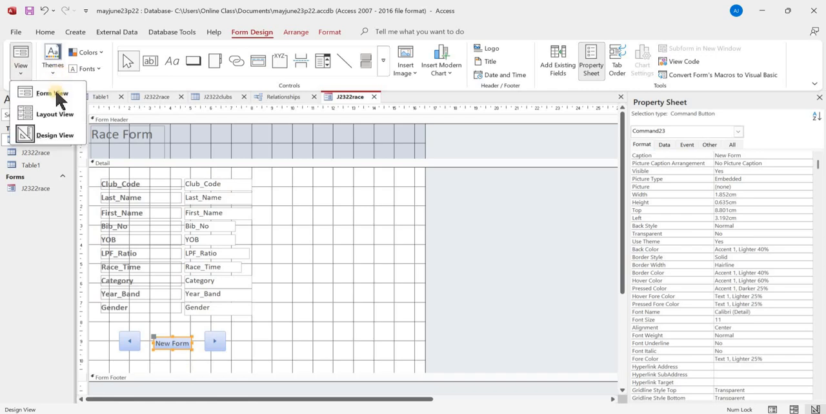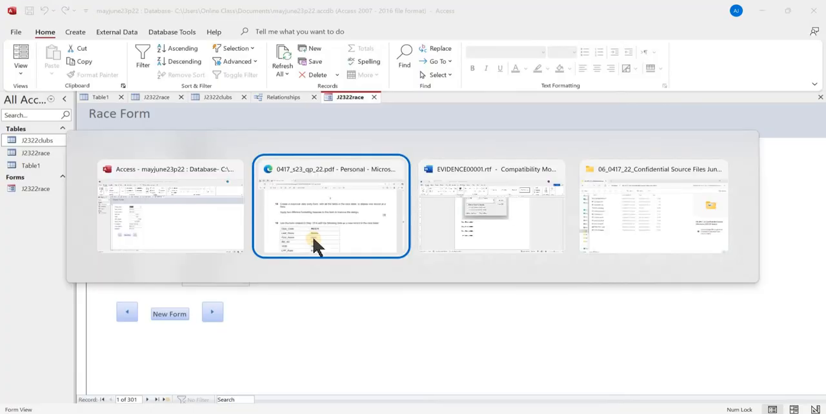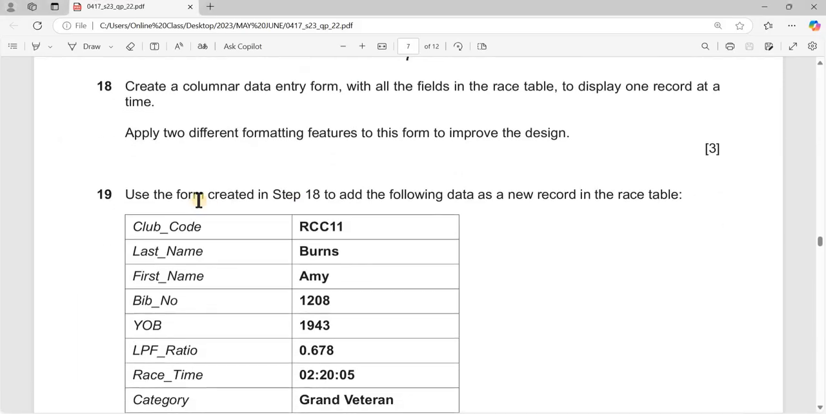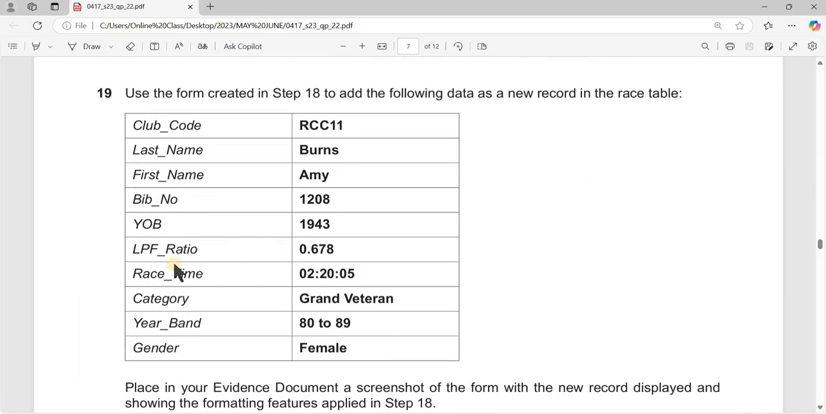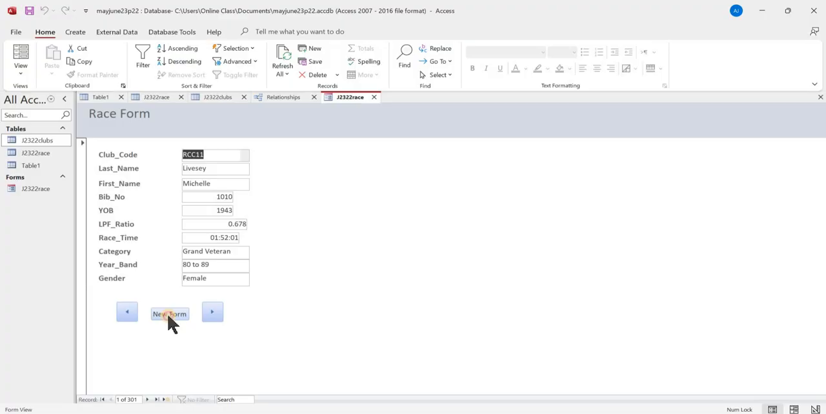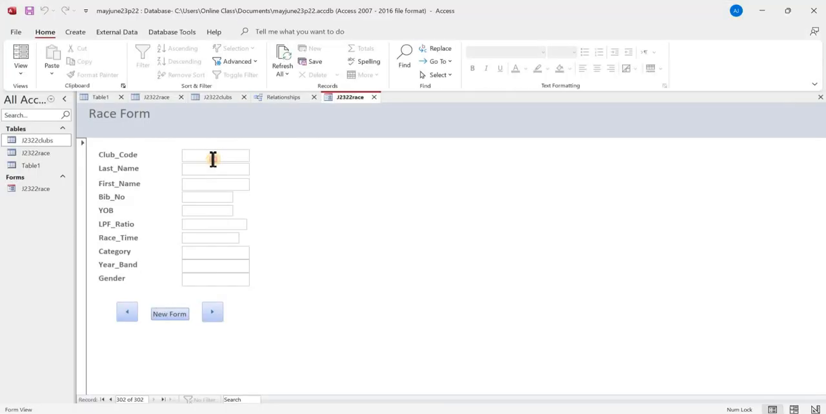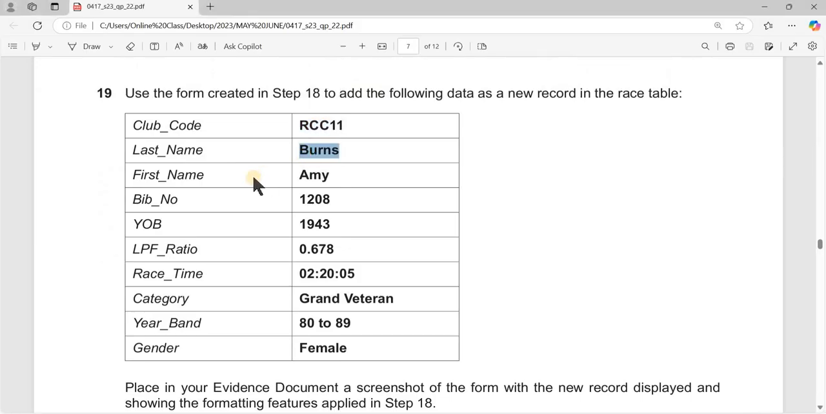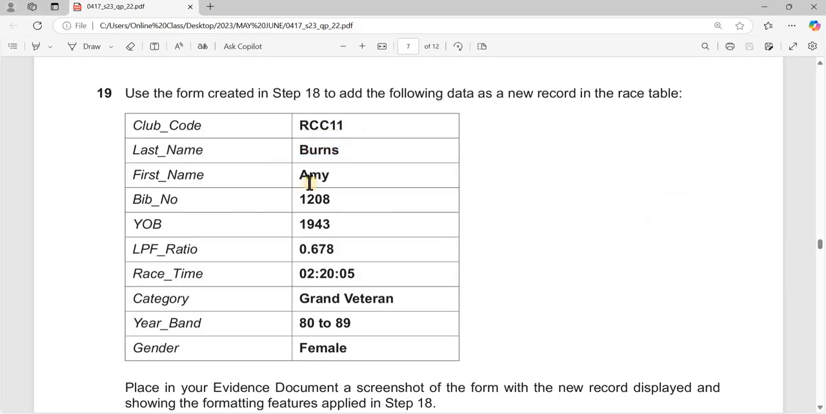Let's check it out in the form view. Okay, here we have it in the form view, and that's more than two features. Now it says use the form created in step 18 to add the following data as a new record. Okay, so let's test our button. If I click new form, and there it goes, it blanks it out. So for a new record, you will be typing this in your examination, so please ensure that you type it accurately. Let me populate these records quickly